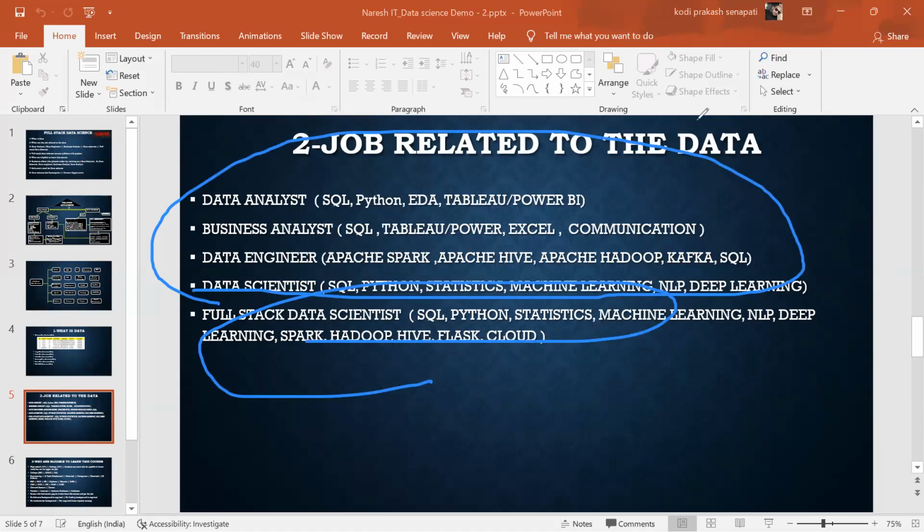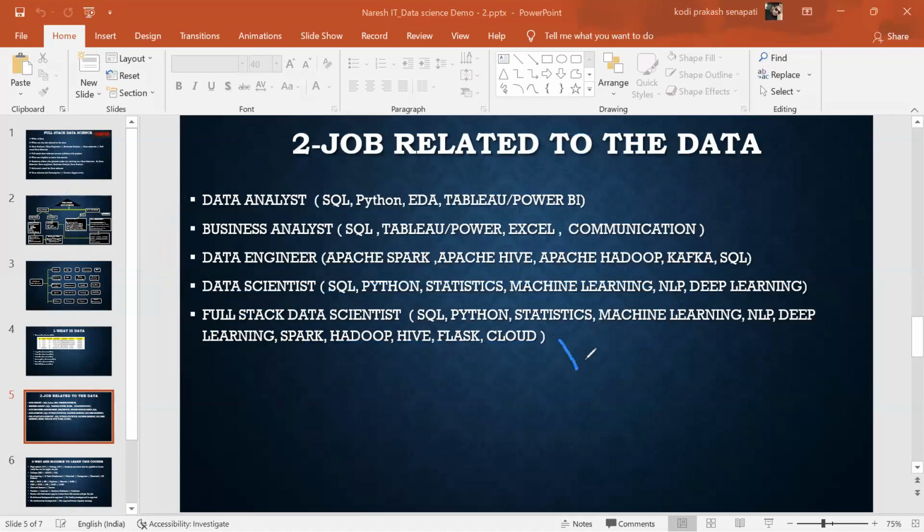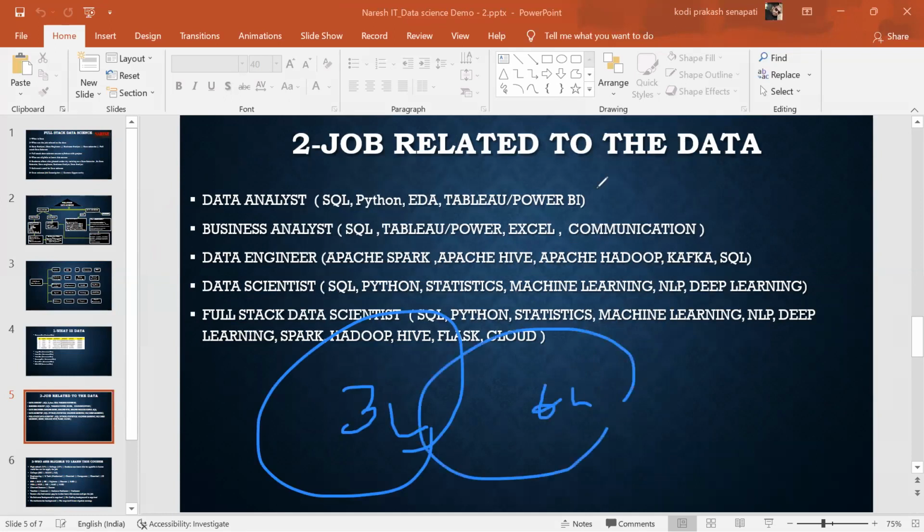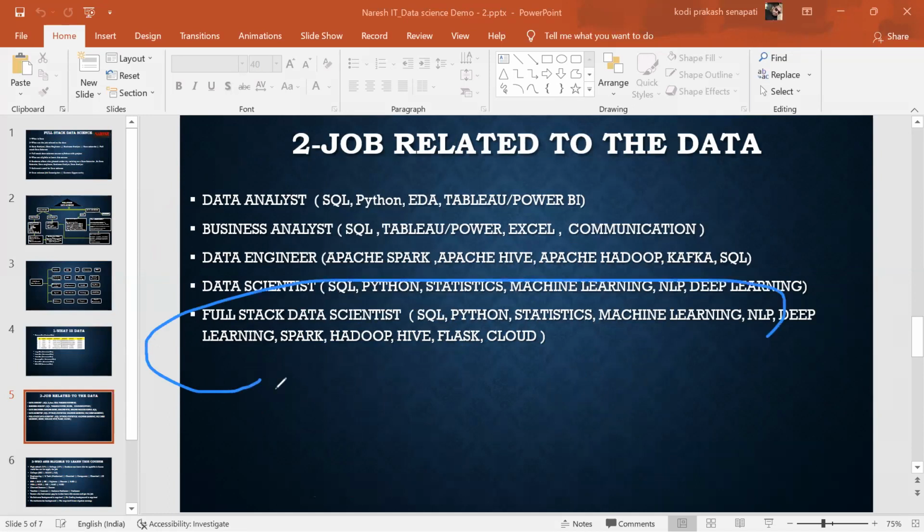Everybody's clear? That means, definitely, for the full stack data science course, if you're experienced, there is no limit for the package, guys. For freshers, of course, some of the startup companies will pay 3 lakh per annum. But a company with a little bit good exposure can pay 6 LPA or 7 LPA. You guys understand? Now, everybody is migrating to data science, guys. Even an MBA guy, mechanical guy, civil guy, everybody can transform. Team, I hope you understand, guys.